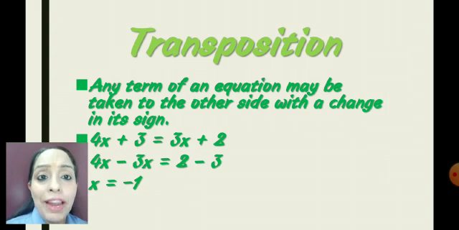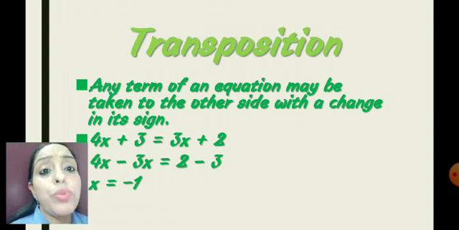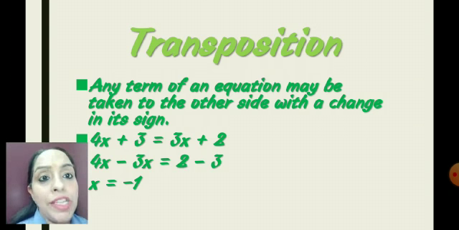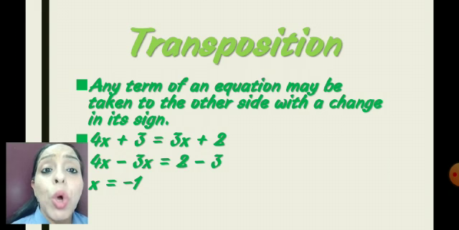Plus 3 on the left hand side is the constant term because there is no variable. That's why we can set the constant terms together. Only counting numbers without variables are called constant numbers. So when I am writing 4x plus 3 is equal to 3x plus 2, on both sides there are variable terms. We can write variable terms on one side, and when I am changing their side, the sign will also change.